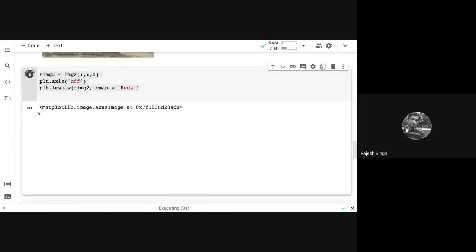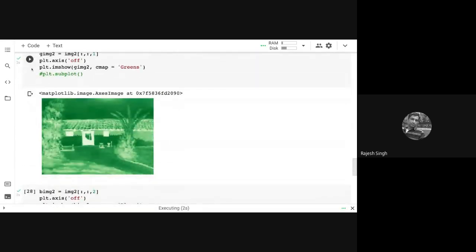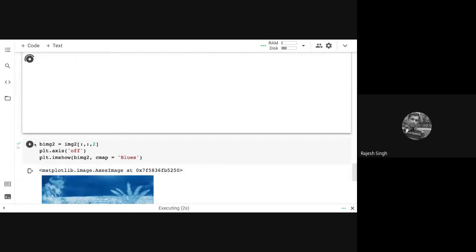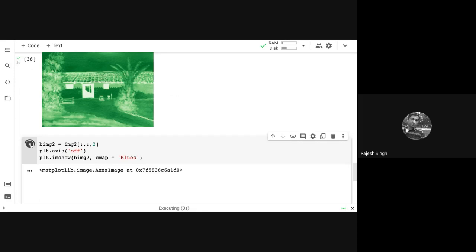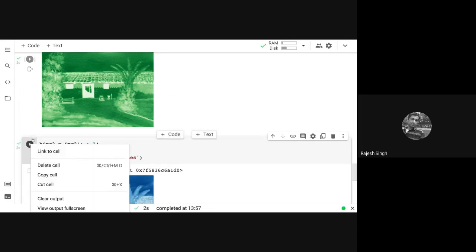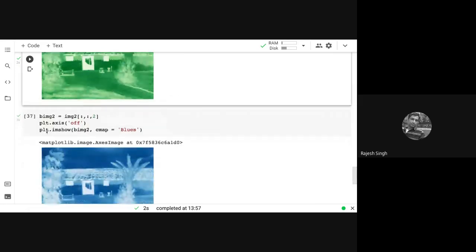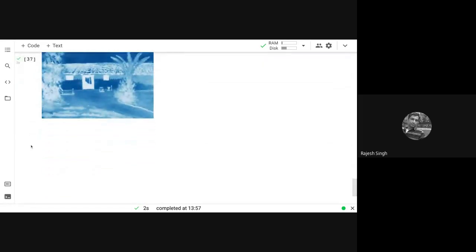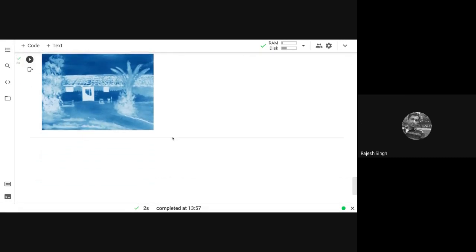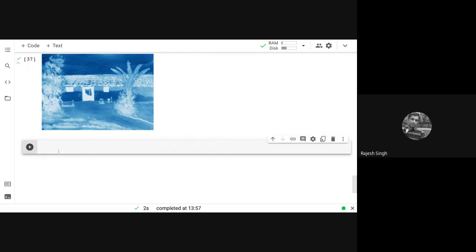So very quickly. Remember, in this we have kept all the variables with different names, different images. We have called them img1, 2, and their derivatives we have given different names. So none of the names are being repeated. So these images are available for us to process quickly.